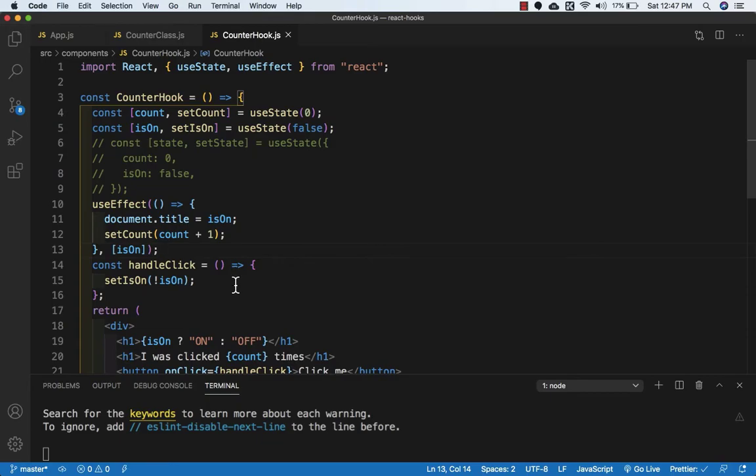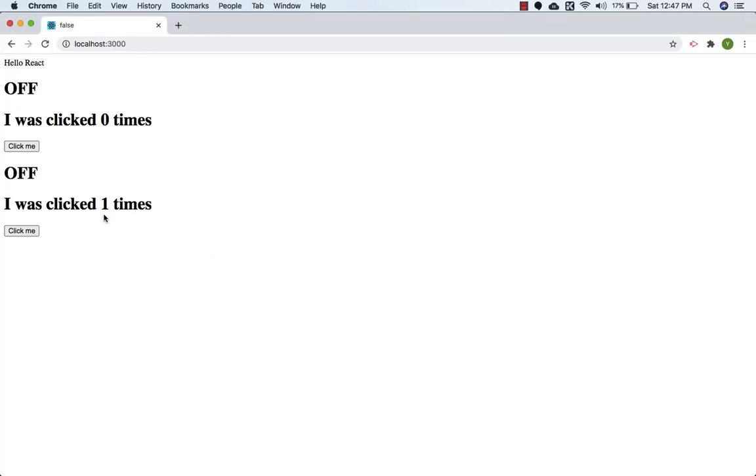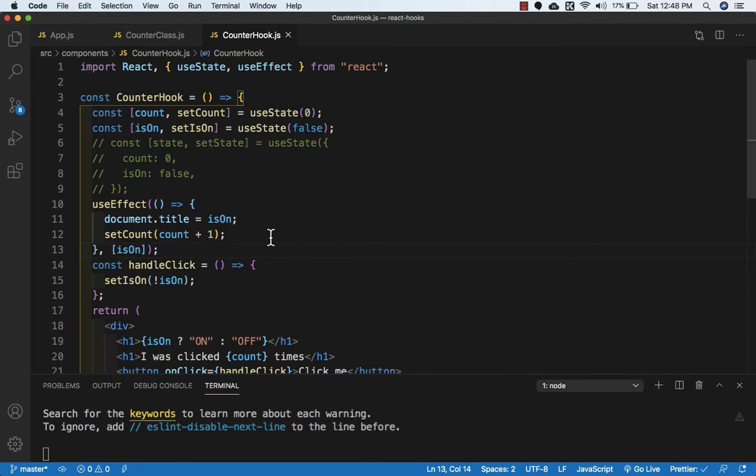That is why you can see 1. So this is an issue which we will resolve later. And when it updates the count, it will re-render the component. So a new function will be passed to the useEffect function and an array which contains isOn. So it will check the previous isOn value, which was false, that was the initial value, and the new value, which is still false. So it sees that false and false is not different, so React won't execute the effect